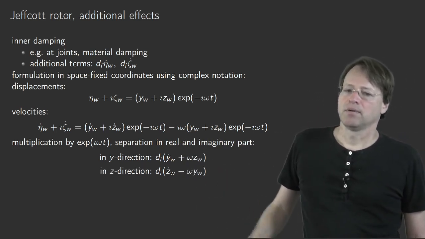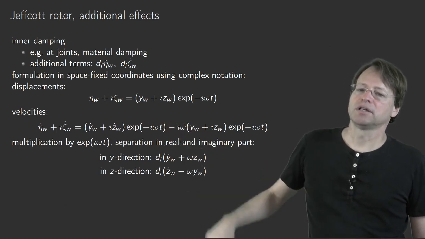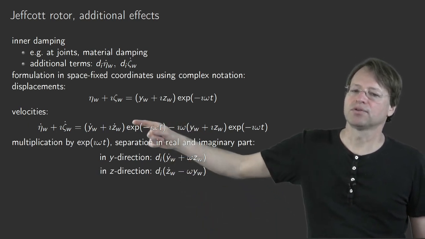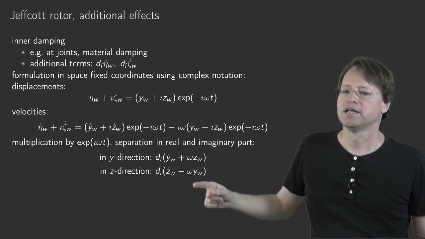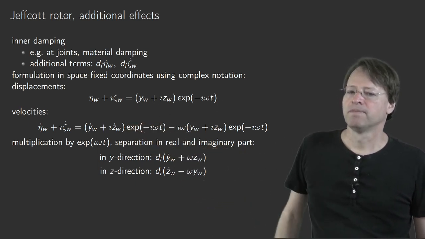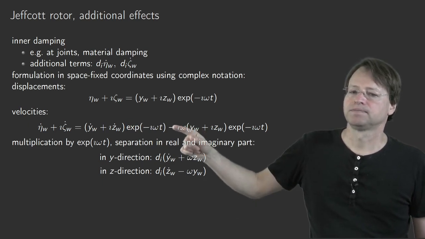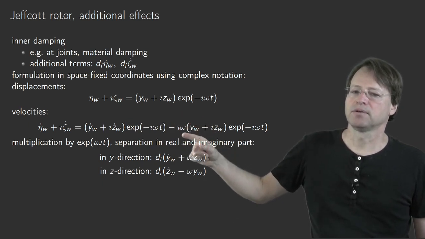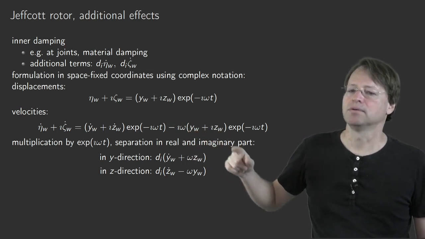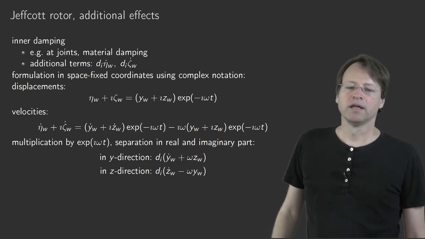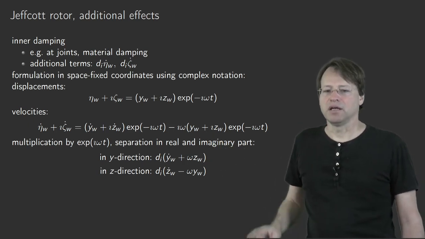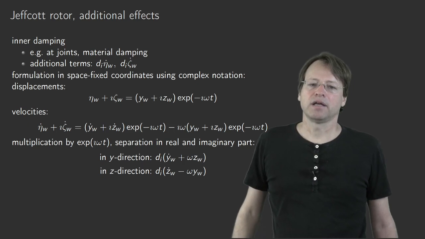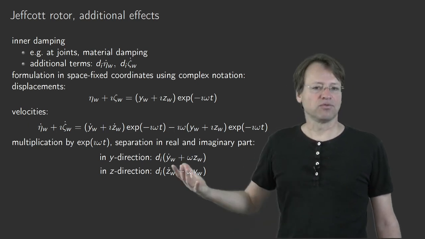direction. We also multiply the whole equation by d sub I. We will find the first contribution as the imaginary unit here, d sub I z sub w dot, and the second contribution will be minus omega y w, this one. And now we fill in these terms into the classical equation of motion, so the equation of motion of the